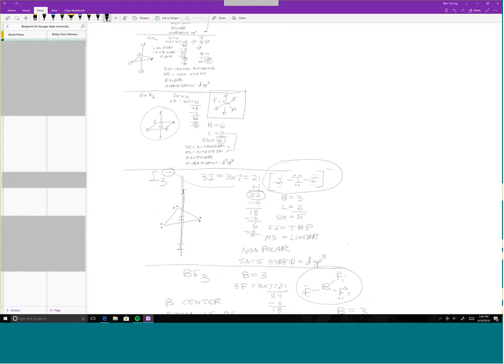And it goes through following the electron count. We had 22 electrons in the molecule. 4 of them were due to the single bonds, which means we had 18 left over. When we put the 6 electrons around the 2 iodines, that meant we had 6 left over. We have to put those electrons someplace, and the place where those 6 electrons go is on the center atom. And when you put those lone pairs on that center atom,